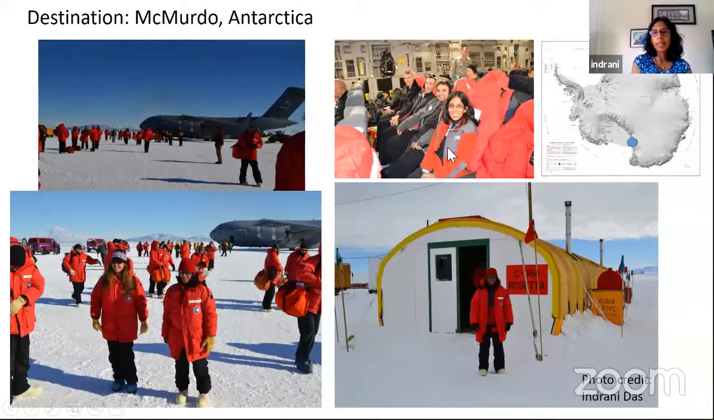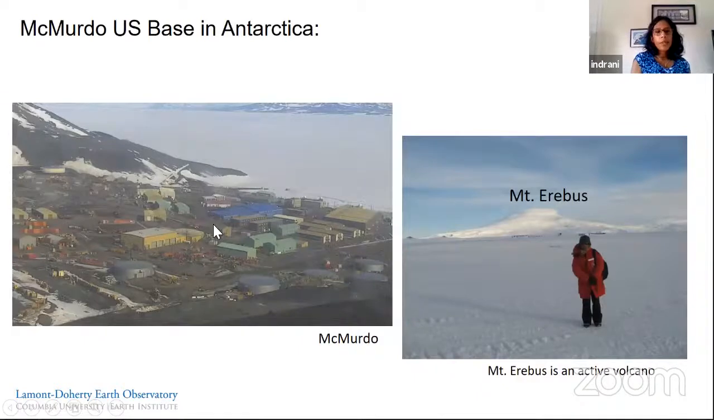That's how the inside of the plane looks like. And then we work in tents. This is one of the typical tents that we do our field work in. That's McMurdo. Our living quarters were here. There is a cafeteria. There's everything in McMurdo, including a post office, churches,